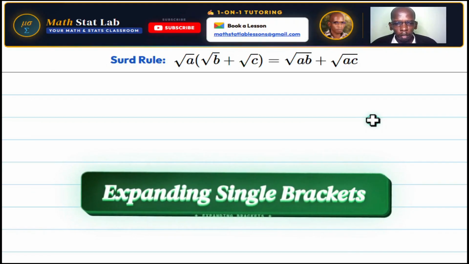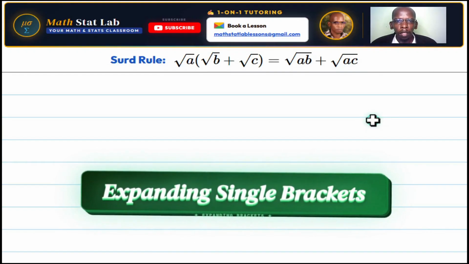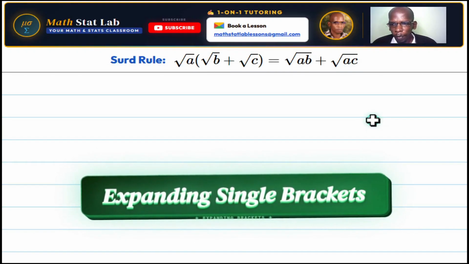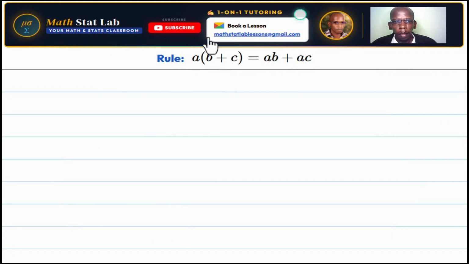To expand surds with single brackets, we need first of all to understand the distributive rule. And the distributive rule says if we have a in brackets b plus c, we need to take everything inside the brackets, then we multiply it with a. Like in this case, we have a multiplied by b, which becomes ab, then plus here a multiplied by c,